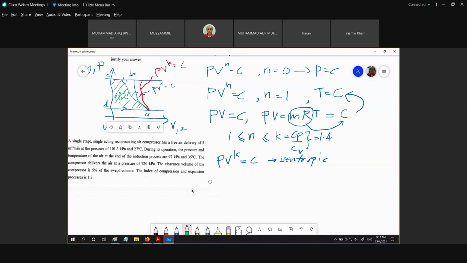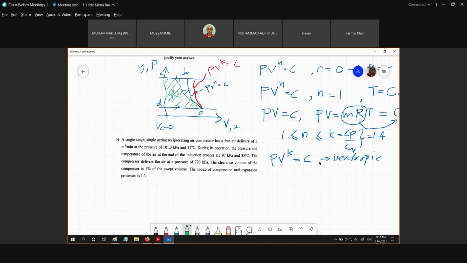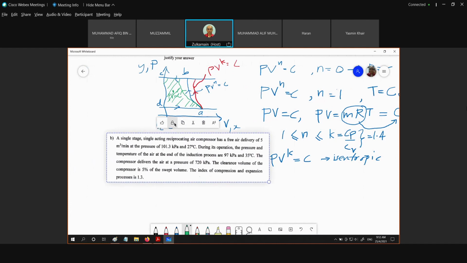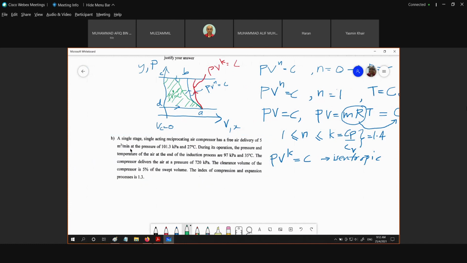This should be part B. Right. Saya tak salin soalan lagi. I am only copying the description of this compressor. A single stage, single acting reciprocating compressor. Let me besarkan sikit ini. Okay. A single stage, single acting reciprocating air compressor has a free air delivery of 5 meter cube per minute at the pressure of